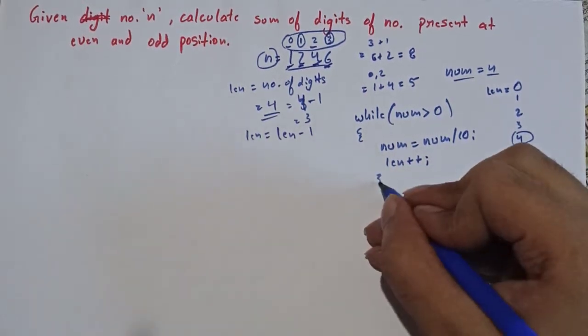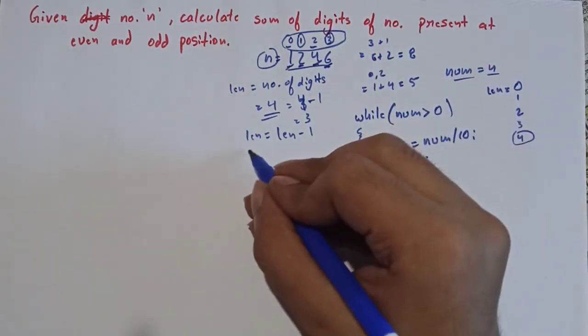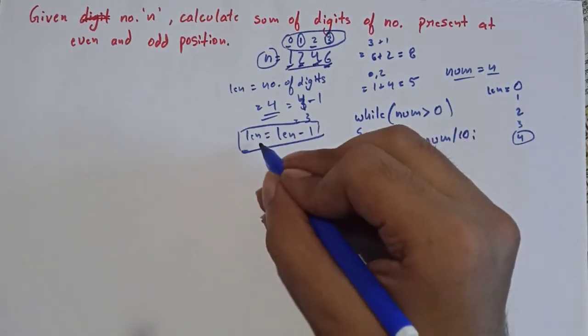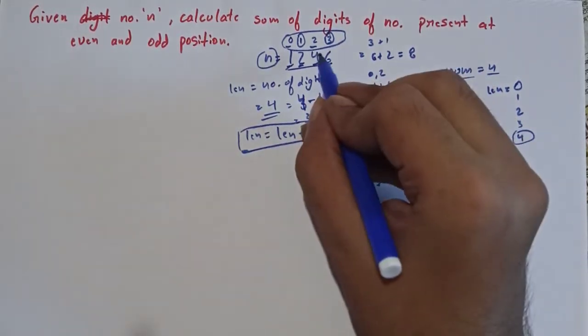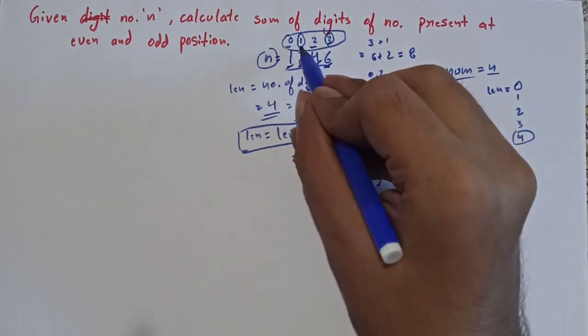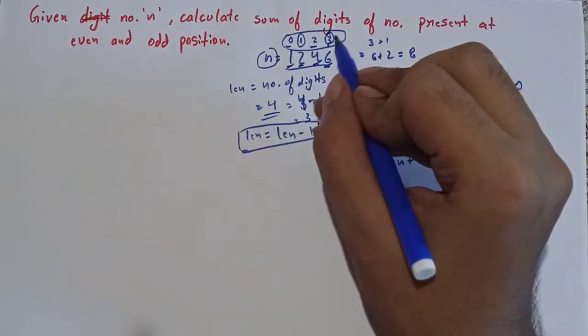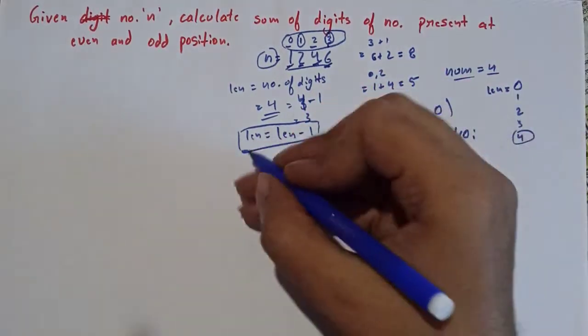Now we need this index position to be stored in length. So what we do? We do length is equal to length minus 1. Now we have our index position. What is the next step that was asked? It was simply to add the even positions and the odd positions. So in order to add these, we need to first get these positions. So what we do? We simply do